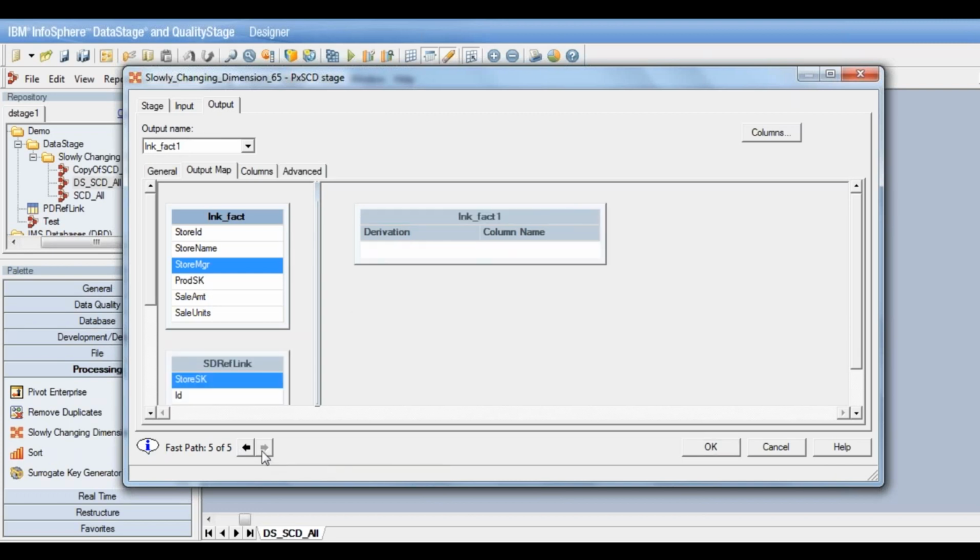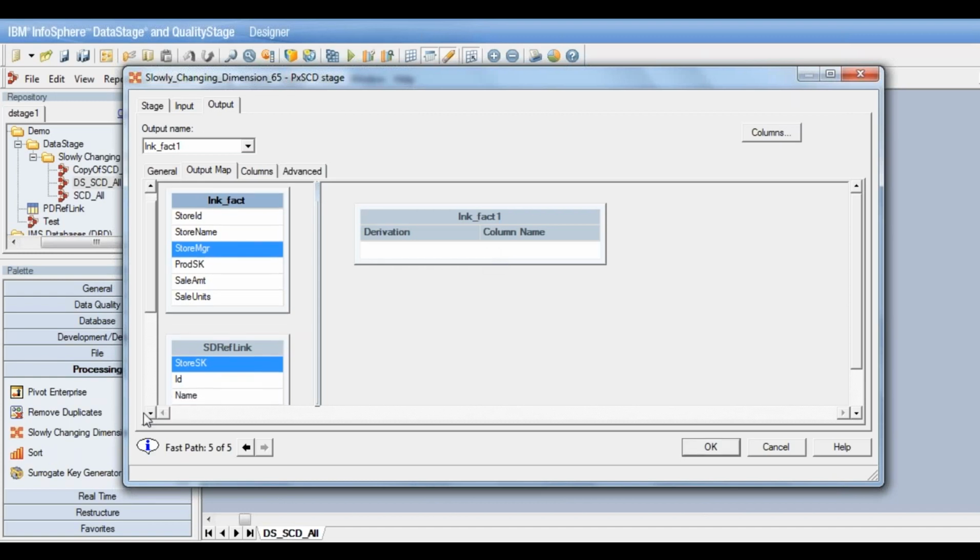So we can just click on next here, and again we need to define what all are the final columns that we want in the fact table. So here we just need to drag and drop. I don't need any of the store ID columns now. I just need the surrogate key. A fact table will only have the surrogate keys from the dimension tables and the measures. So I have the dim product surrogate key already available here, so I can just drag and drop it here.